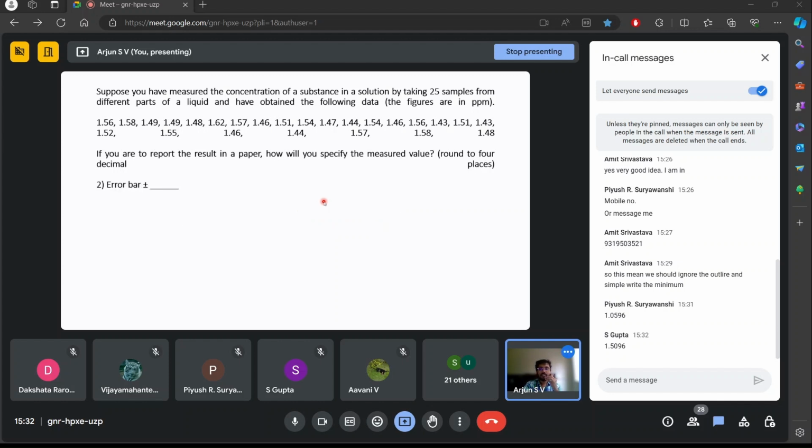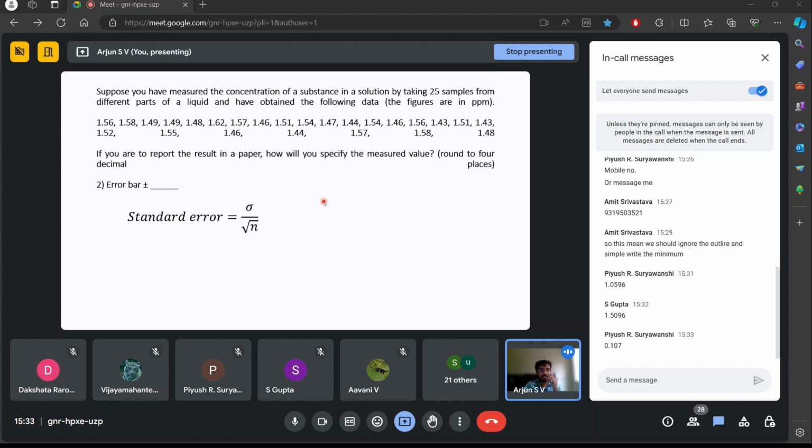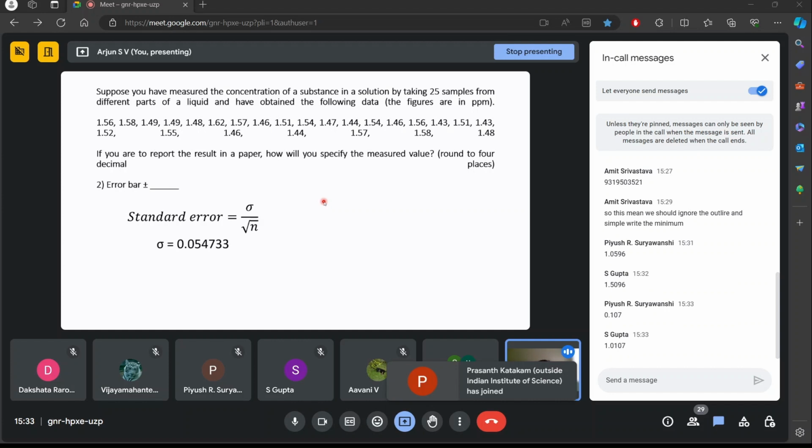Yes. And the second question is error bar. Yeah, I think last week also many people got confused with this. By error bar, they actually asked the standard error and not the standard deviation. So you know that standard error is given by the formula sigma by root of n, where sigma is the standard deviation of the 25 samples, and the standard deviation you can find out is 0.0547, and if you divide that by root 25, you will get the answer as